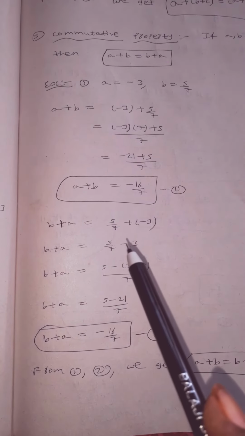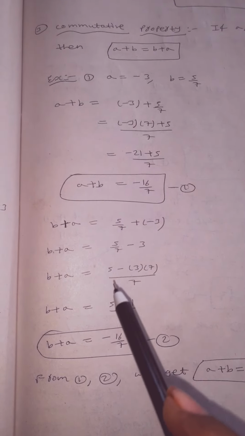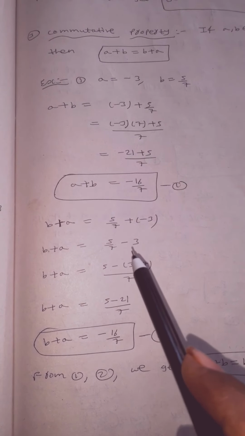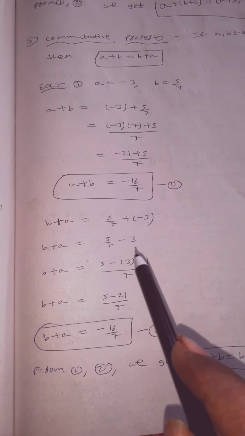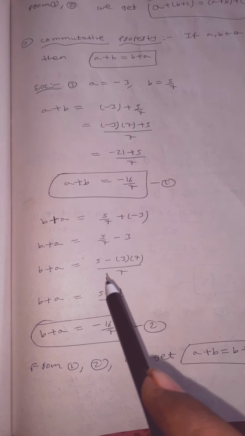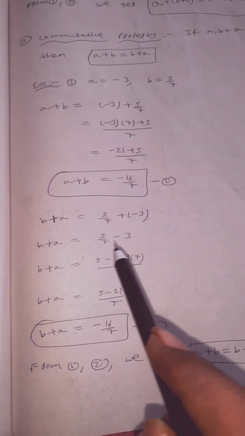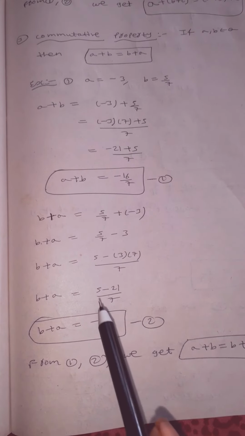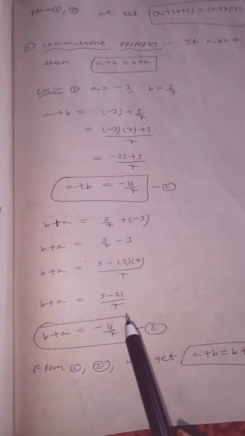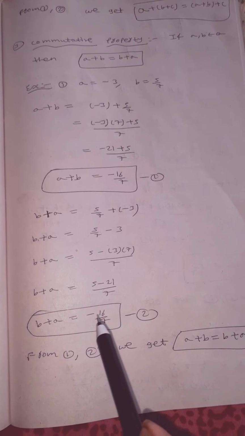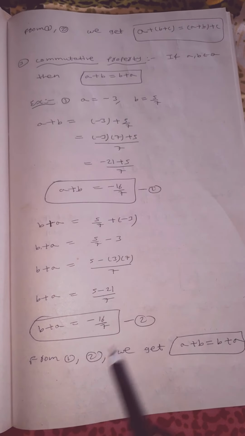Next b plus a, children. So b value we have taken 5 by 7 plus a value we have taken minus 3, children. So write this 5 by 7 as it is, plus into minus is minus 3. So here also LCM is how much? 7 comma nothing is there, means 1. 7 comma 1 LCM is 7. So write this 5 as it is, children. Why? Because 7 is presented here, minus write this 3 as it is, write this 7 here by 7. So write 5 as it is. 3 7 are 21 by 7. So 5 minus 21 means big number is having negative sign, children. So you will get answer in negative. So 21 minus 5 is 16. So overall answer is minus 16 by 7.